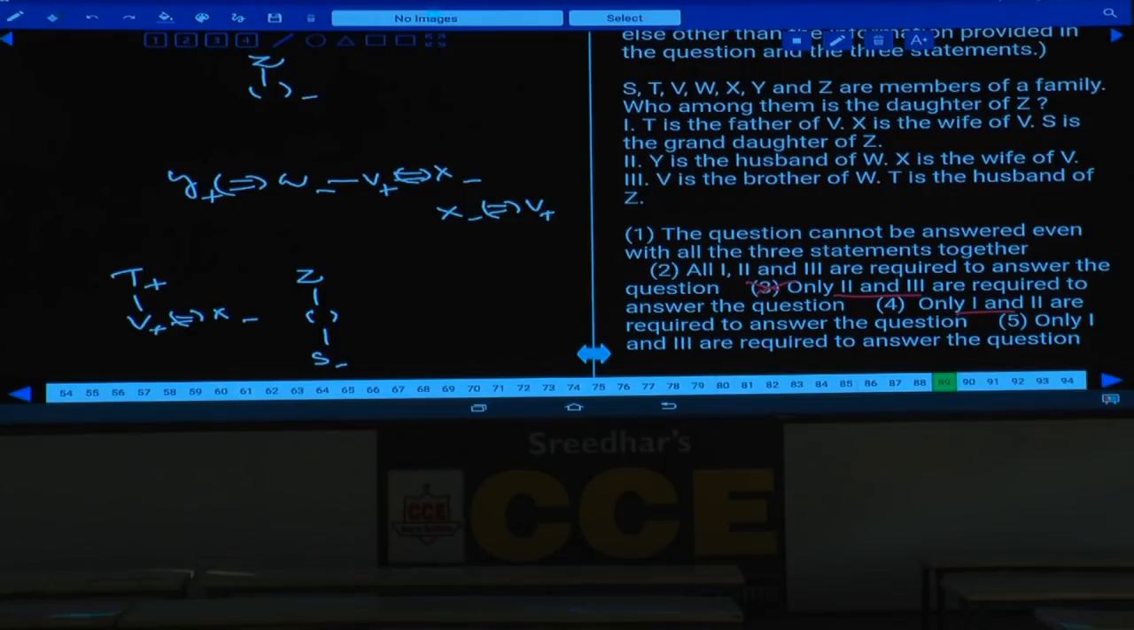Then condition number 2, Y is the husband of W. X is the wife of V. By combining 1 and 2 also we cannot determine how Z is related to these persons, hence that is also not sufficient. Then 1 and 3: V is the brother of W, and T is the husband of Z. Here also it is not sufficient. Then by combining all of this,